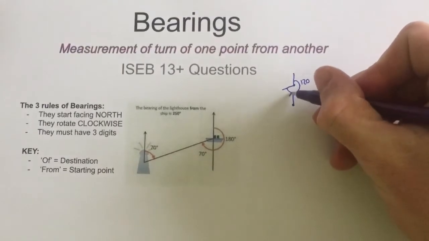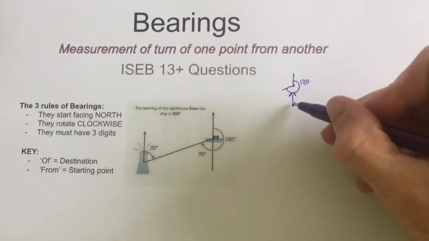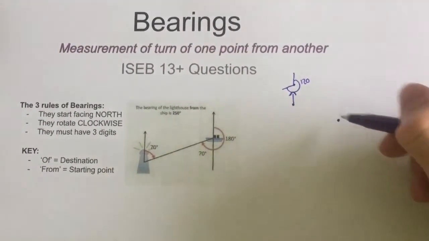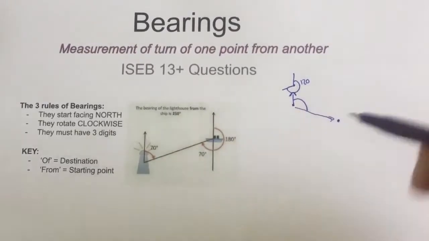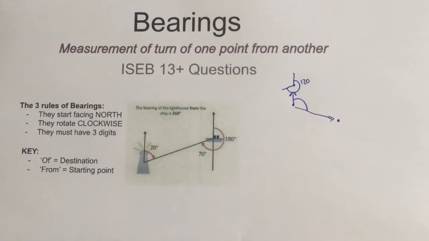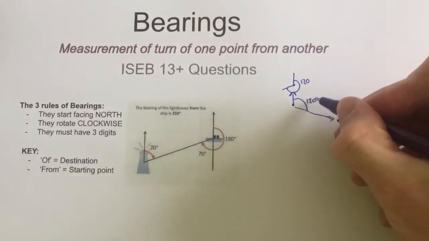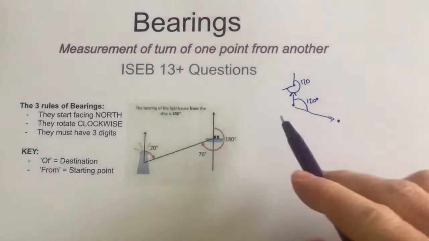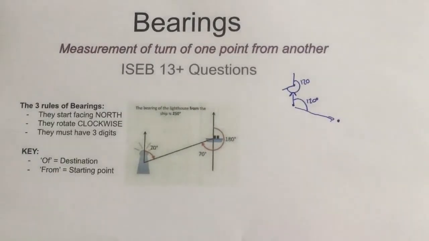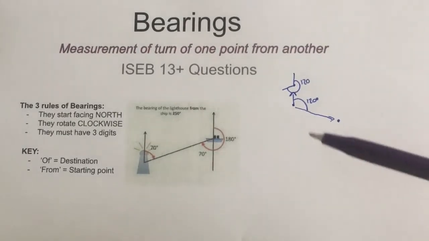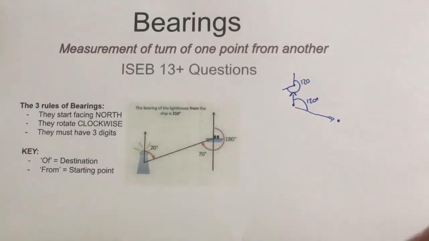So if you're facing north here and you're wanting to go in this direction to this point, it's the angle where you are facing. So very similar, but bearings is between 2 points, whereas an angle is around a single point. And there are 3 rules that we need to know for bearings when we are describing the degrees of